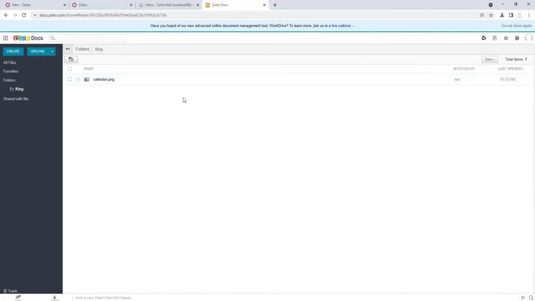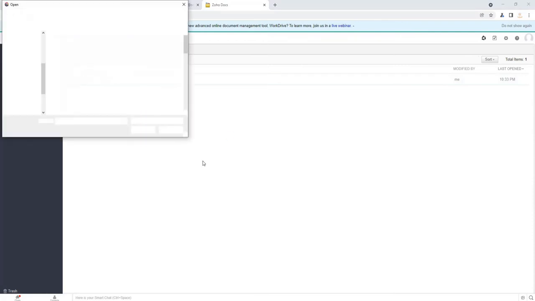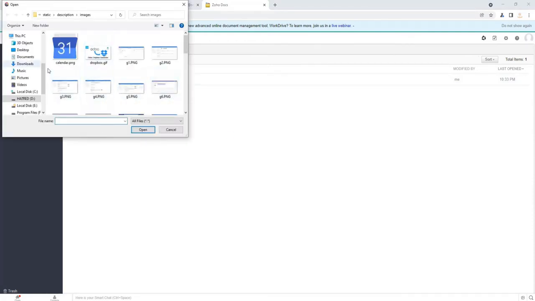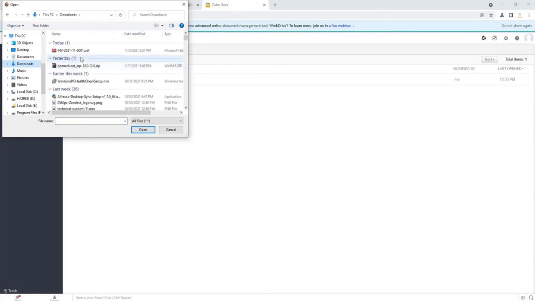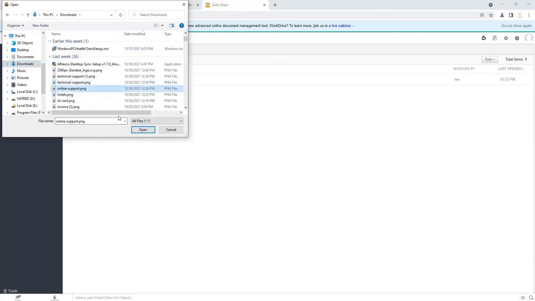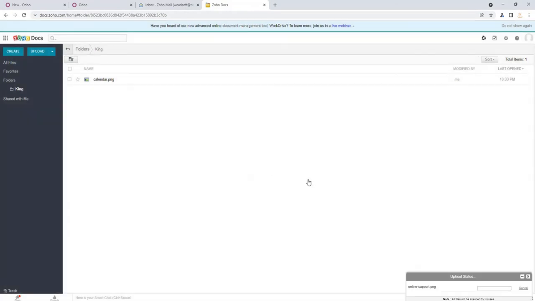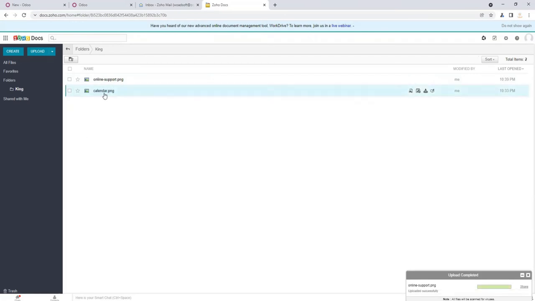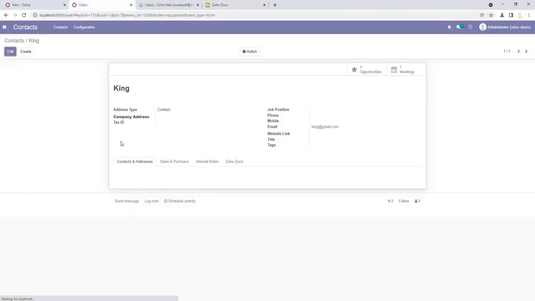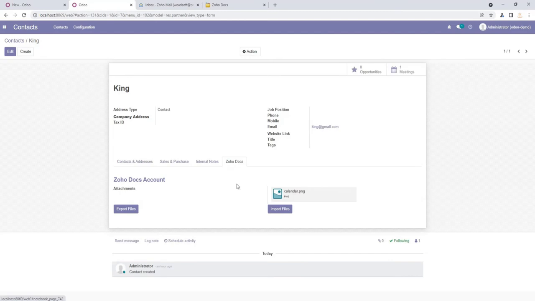Okay, so I'm going to upload a random file in Zoho Docs, which will be an online sport file. So it will take a few seconds while uploading the file. So the file is uploaded successfully, and we are going to import that file in Odoo.